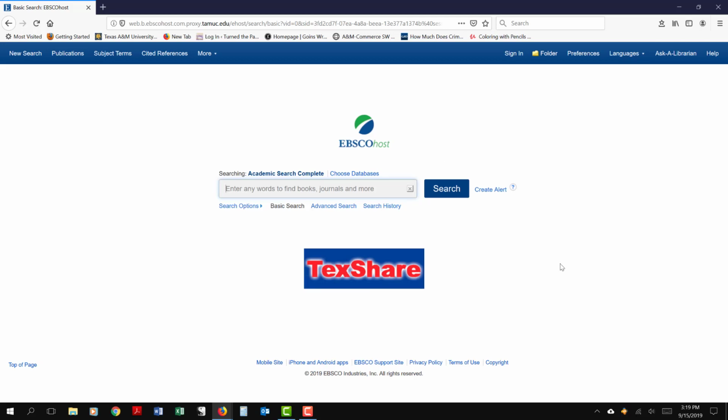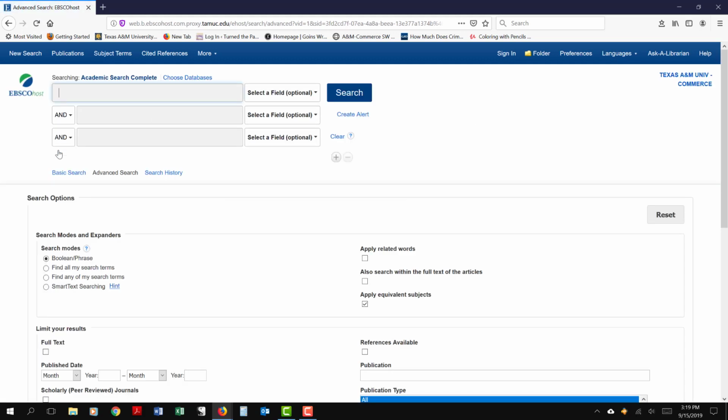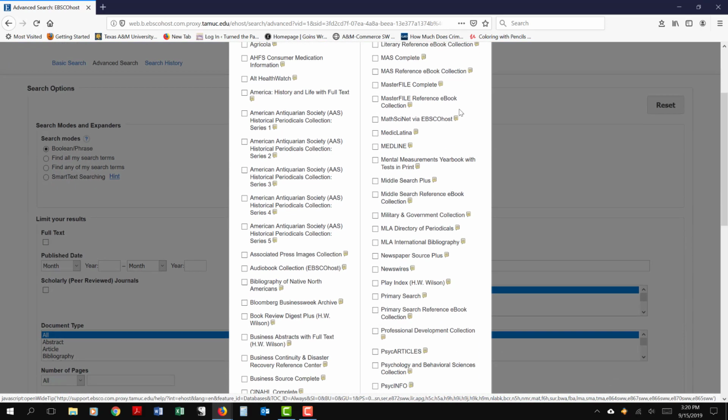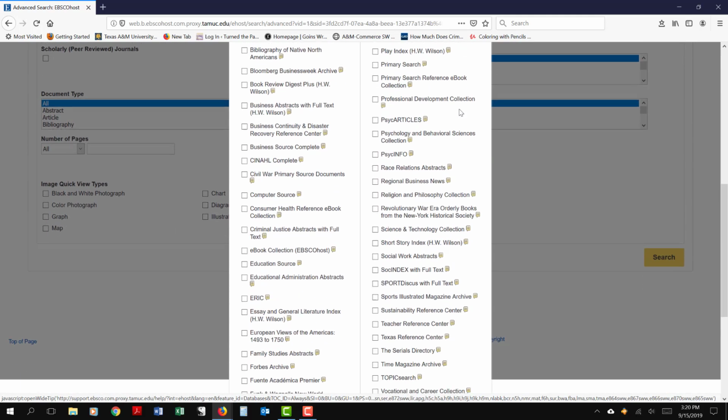There are a couple of different ways you can do it, and this is how I tend to do it. You can see that we're in Academic Search Complete, and right underneath it there's an advanced search option. I'm going to select this advanced search option, and it brings up this search page. Right at the very top, it says I'm searching Academic Search Complete, and right next to it, it says Choose Databases. You can click on this to choose databases, and you can add additional databases for your search